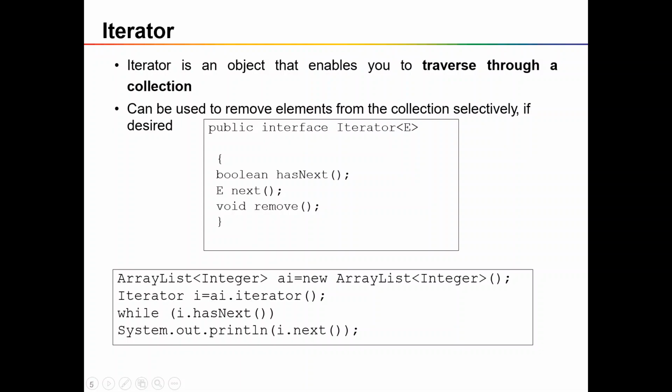And inside the iterator we have two major methods, hasNext and next. The hasNext method will always return a boolean. If there is a next element in the array list, it will return true, and if there is no next element in the array list, it will return false. And the next method will always return an object. So while fetching elements from the array list, it always returns them as an object. And if you wish to print it, you can do it like that, or if you want to process something else, you can do your own logic inside the while statement.